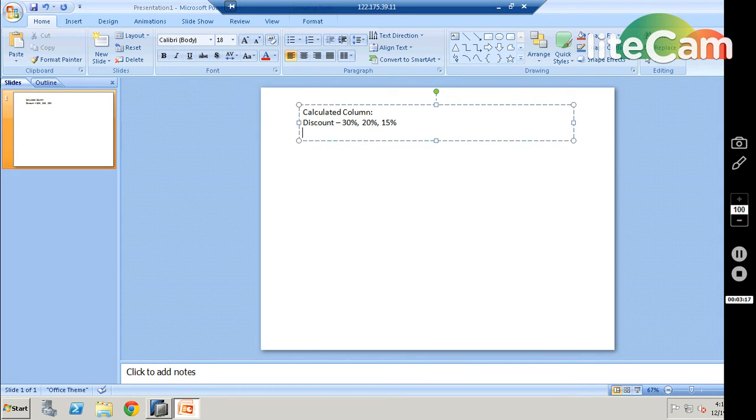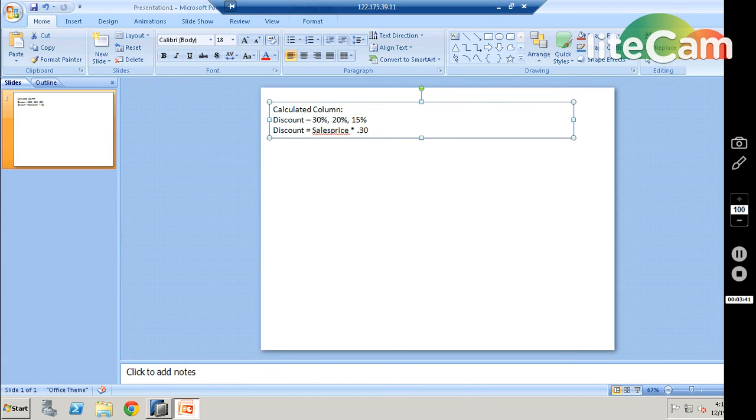This calculated column I have as discount equals sales price into 0.3. If I just created this attribute view with this column, and it is used by the person who is operating with lower discount rates in Hyderabad, for him also this 30% is applicable.